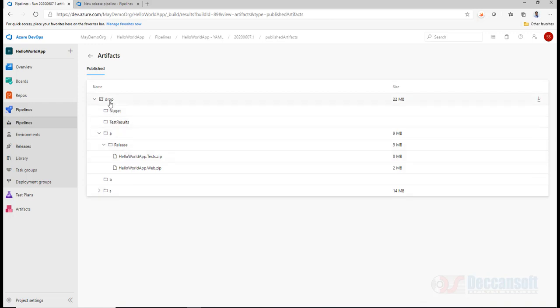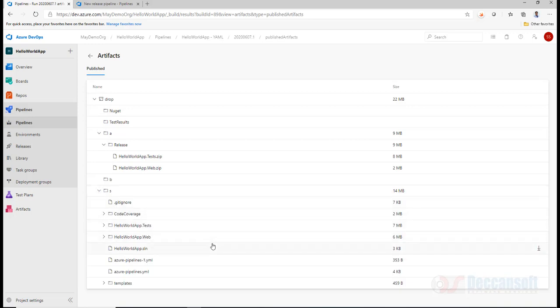But what we did, we published the complete workspace. This feature is not there in case of build artifact. It is only through publish pipeline artifact. Publish build artifact does not support this. Publish pipeline artifact supports something like this. And you also have source code which is published. This is my source code actually. Not sure what could be the usage of this, but definitely it's an advantage.